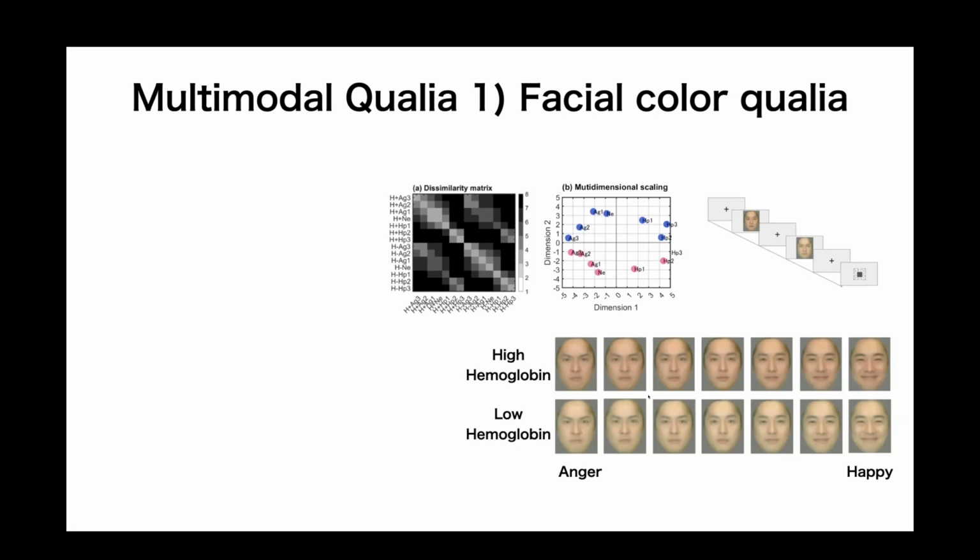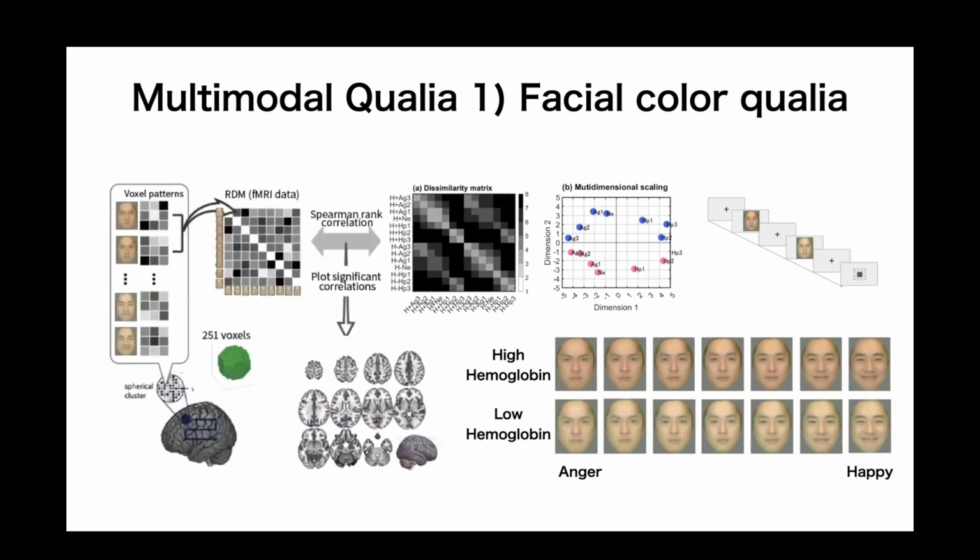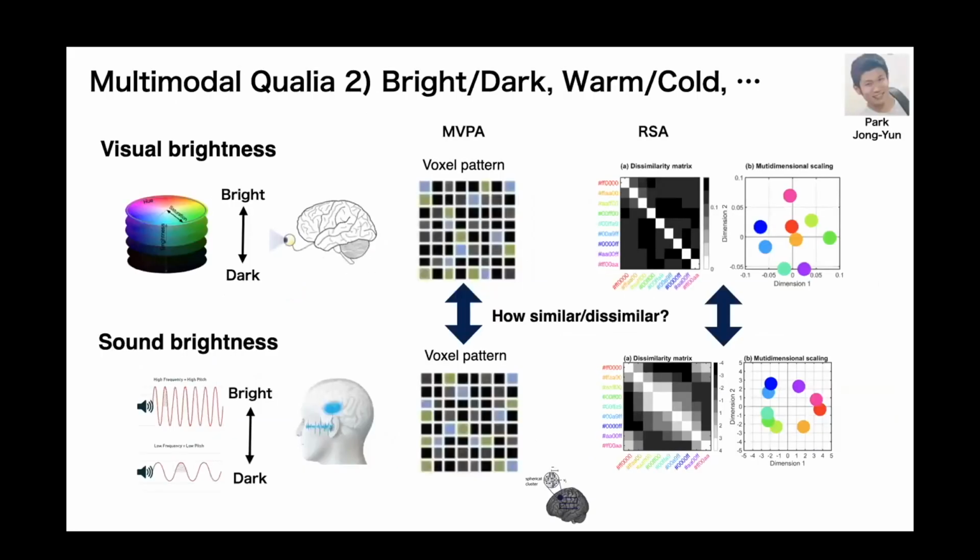And then this time we can do every combination, and we ask for the similarity rating, and we can create this same matrix and MDS placement, and we do the MRI, and we can compare and then we see which brain regions are connecting the facial color and emotions. This is one plan, and then the next plan is